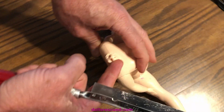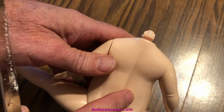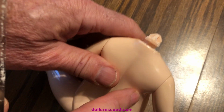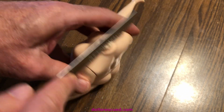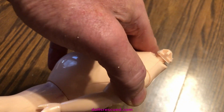Okay, so you can see here I've got 3 sides cut already, and so it's getting closer to the shape of the bottom part. And I'm just going to show you here, cutting this last piece. I've already got it started, so you can see it's kind of coming down